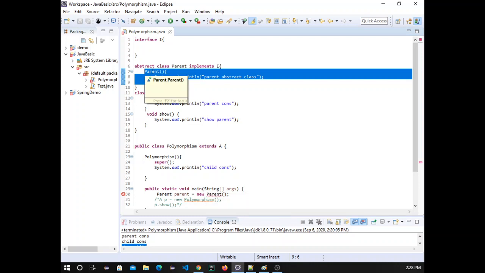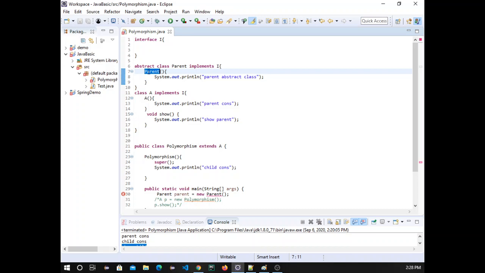So a constructor is used to initialize the object, of course to create the object. So if we can't create the object of this class, why is Java allowing us to write this constructor here, and why are we writing this? So what you can do, you can call this constructor from a child of this class. What does it mean? Calling this constructor doesn't mean initializing the object like this. It means you can call the constructor from the constructor of the child class.